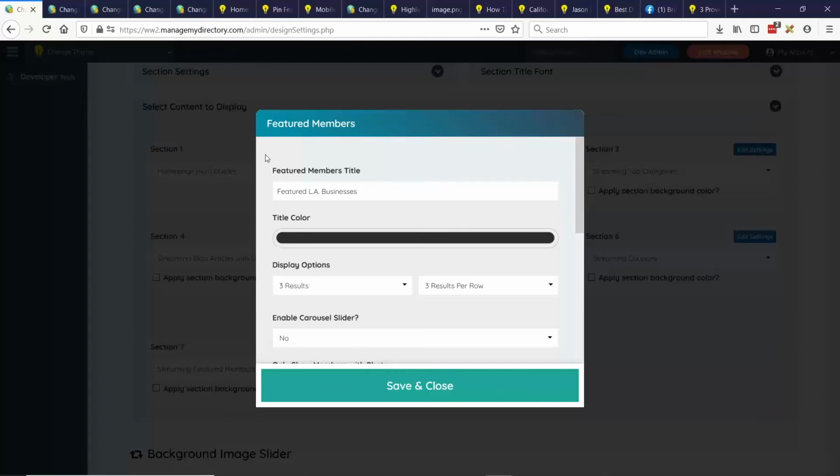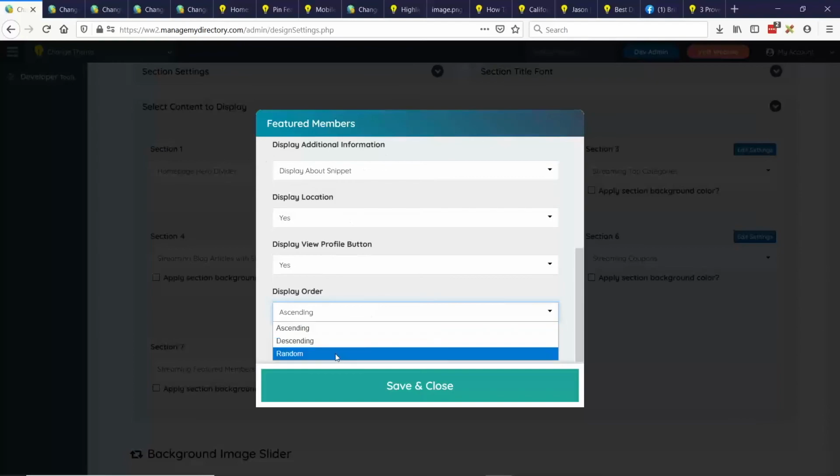Yeah, I understand that, but if you put random here, featured members in the streaming widget, it will be random, the order for every visitor of the site. And they've got a priority order of number one. Would that come in? Which has priority? I'm trying to say. So random or the